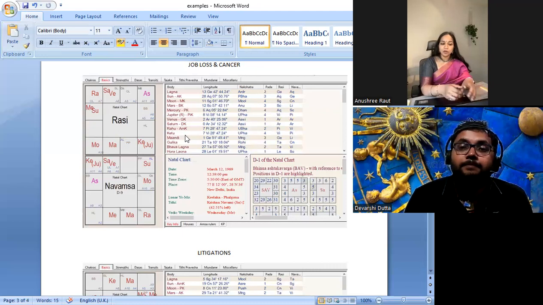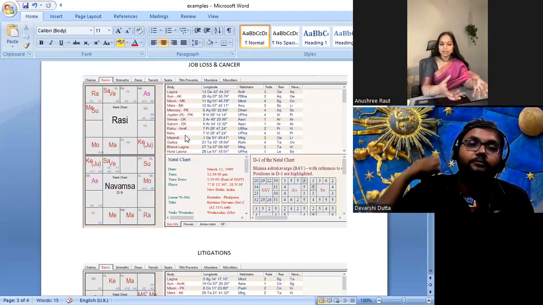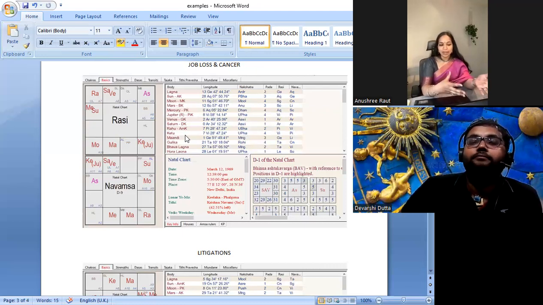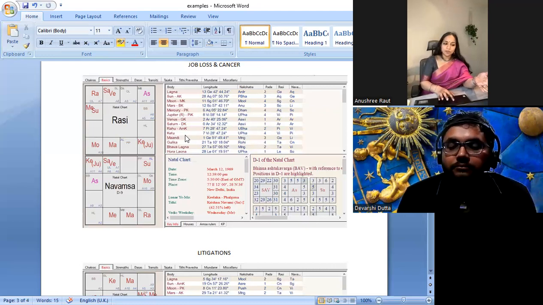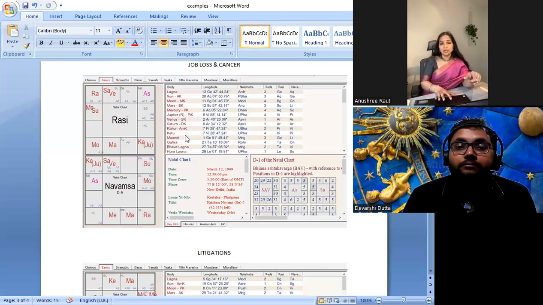And also, if you look at some other things over here, like this 4th Lord. What is 4th Lord? Home. Residency. So 4th Lord is also associated with the planet in Sandhi. Vehicle. There have been other issues which I don't want to mention, but there have been issues with regards to vehicle, with regards to house for this person. So this is how.